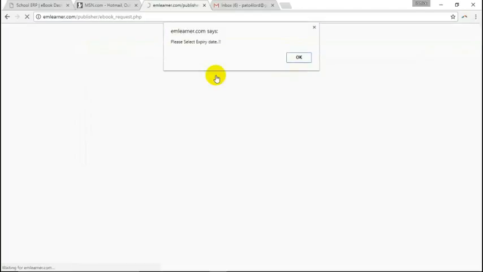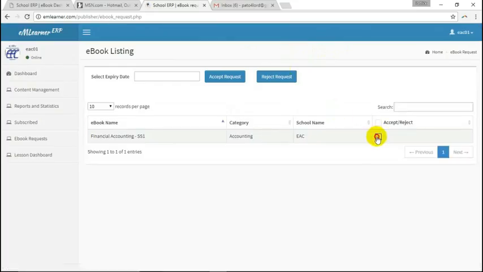Because I've also negotiated with him that the money he paid will take him only 4 years or 3 years, or I can only sell my book for 2 years because I'm having a second edition. Okay? So I will go back and then click again and then enter here.